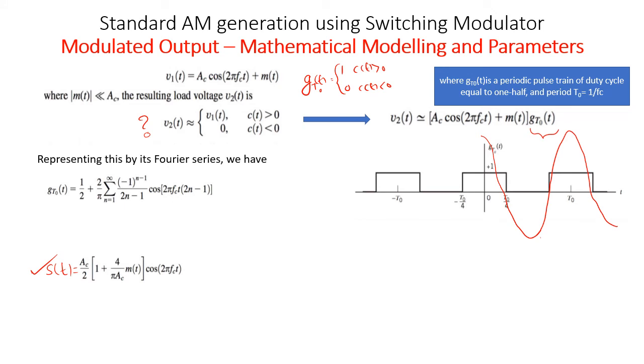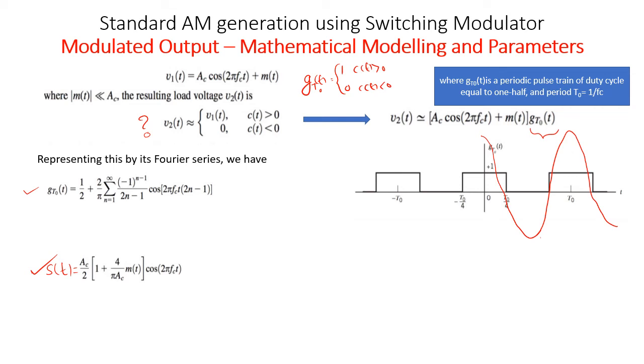So if I represent g_T0(t) as a Fourier series, this is the Fourier series expression of g_T0(t). Along with a GeoGebra simulation and a small write-up, I will post the clarification, because some of you may have doubts about how this can be the Fourier series expansion of this particular pulse train.